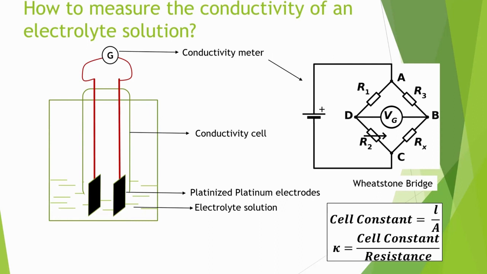Then when you connect it to the conductivity meter, it displays the resistance value. You get the conductivity kappa as cell constant divided by resistance. That is how you get the conductivity value, cell constant divided by resistance. Okay. One thing you have to notice here, in the case of a conductivity cell, both the electrodes are the